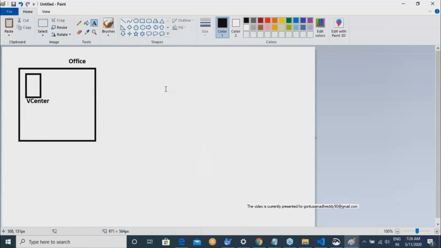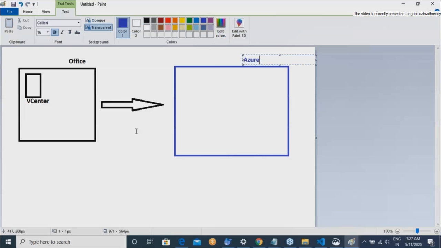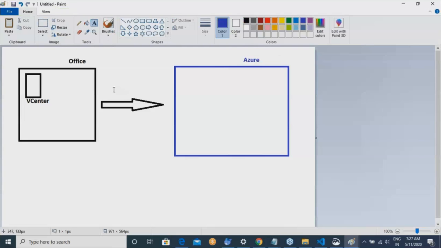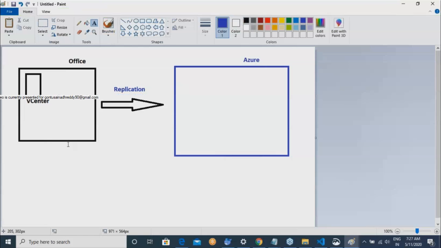Now, what you want to do is set up a disaster recovery between your office and Azure. So this is a replication. Can I do this? The answer is yes, you can do that. For that, you need very high configuration servers and all of that stuff.